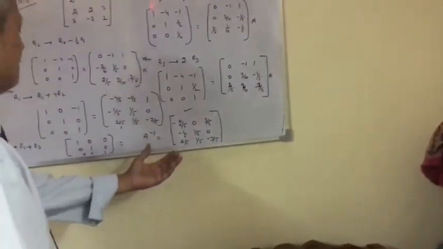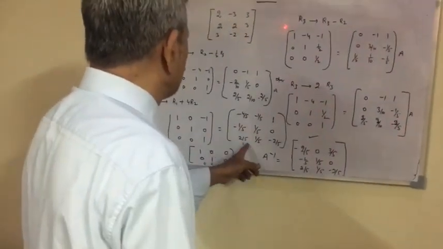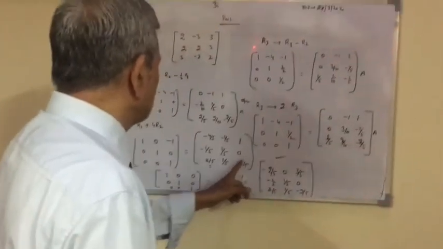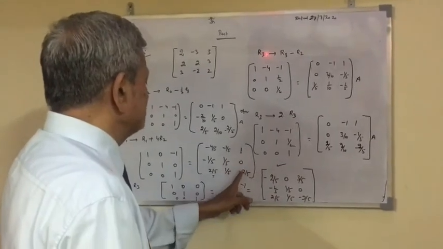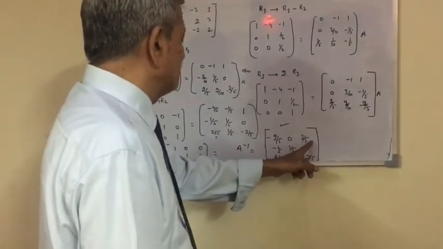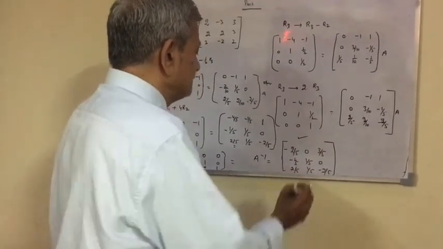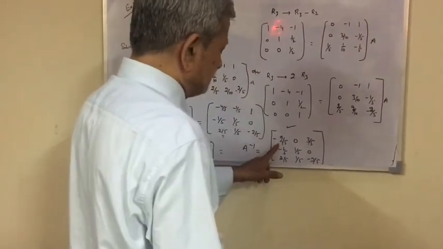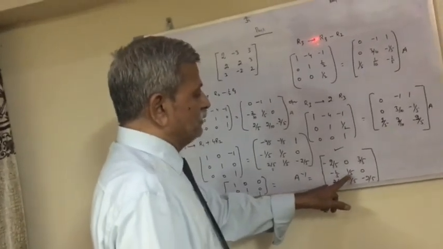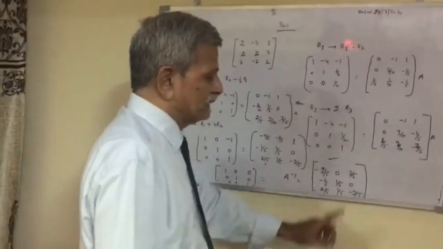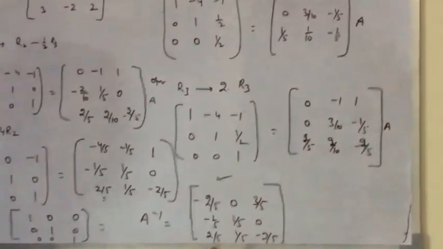So this way the rest of the values, R1 plus R3. After adding R1 plus R3, you would find your value will be minus 2 by 5, minus 1 by 5 plus 1 by 5 gives you 0, and then 1 and minus 2 by 5, the minus sign becomes a plus sign, so it will be 3 by 5. So your A inverse, the answer of this matrix, will be minus 2 by 5, 0, 3 by 5, 1 by 5, 1 by 5, 0, 2 by 5, 1 by 5, minus 2 by 5. So this is the final result, and you can do other questions in a similar way.